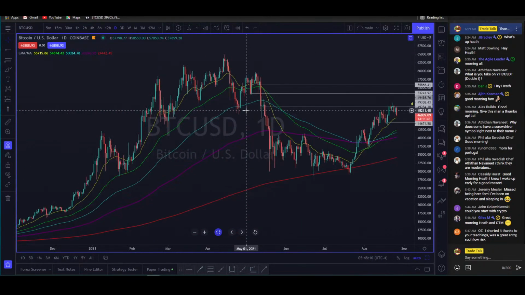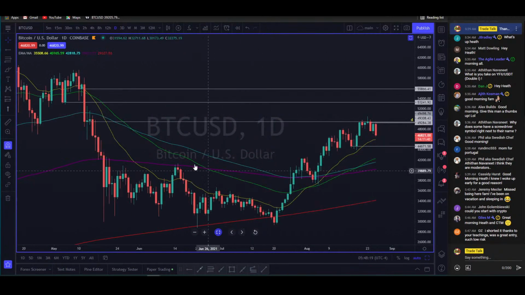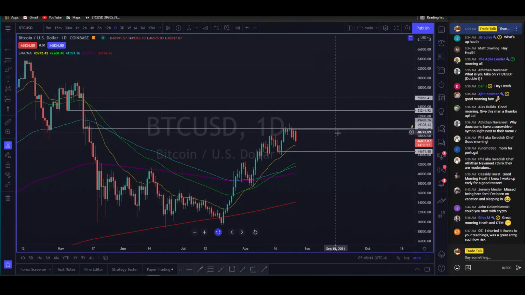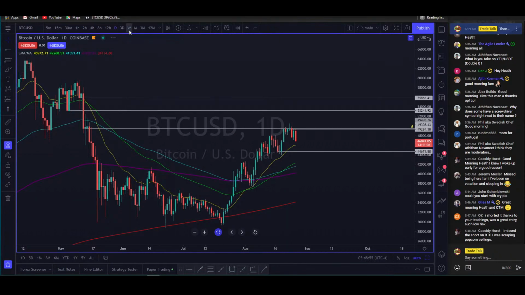Longer term, Bitcoin was in a downtrend, right? Once you took out this swing high right there, put in a higher low support, and then took out that swing high, you then had a higher high, a higher low, and another higher high. So now the near term trend has changed back to the upside. If you take out this level of support to the downside and take out that wick low, then you trade back up and put in a lower high and then trade back down and take out that level, your trend has changed once again. And trends can change like that very rapidly. They can do that all day long or all week long.